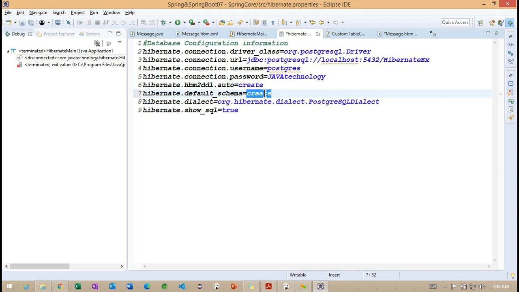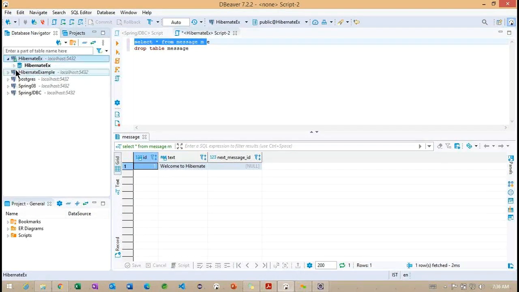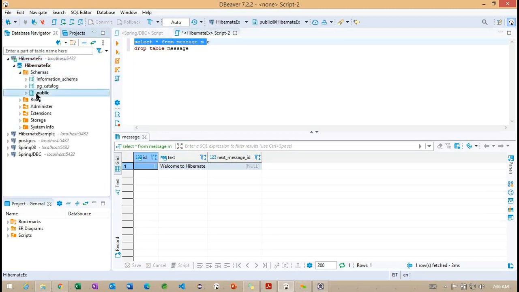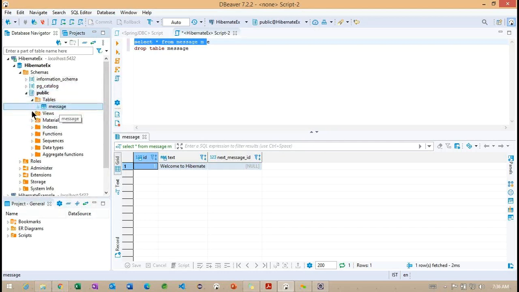As of now, we don't have any schema, but these tables are created internally in the public schema. You can observe, this is our database, and now you can see schemas. This is our public schema, and inside it we have the table called message. When we create another schema, it will come under this section.